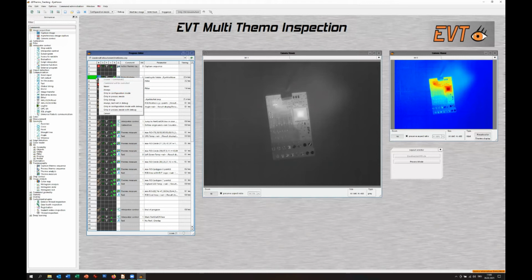Or execute it always, then you have this gearbox. And in all others, the commands are executed only in configuration mode or only in process mode, or only in debug mode. So you have the process mode and the debug mode. Then you can say, okay, you can add to your program some debugging stuff, either for the configuration mode